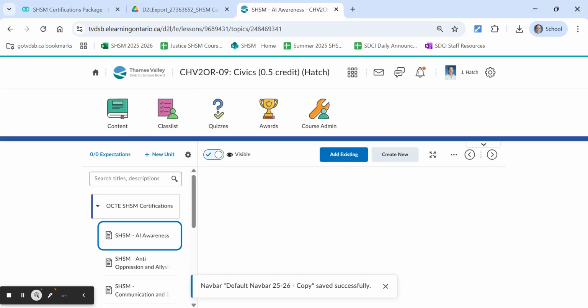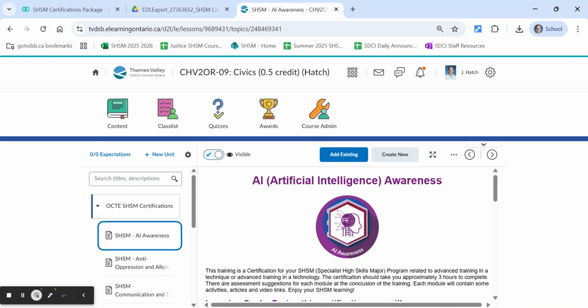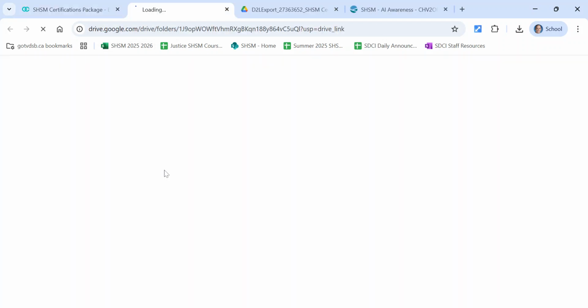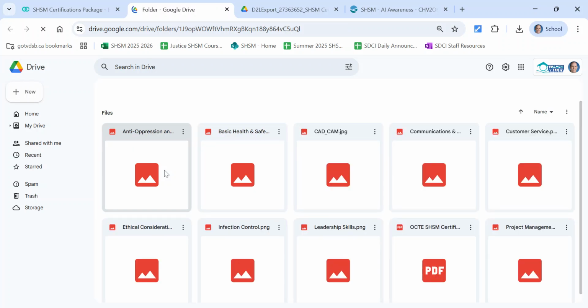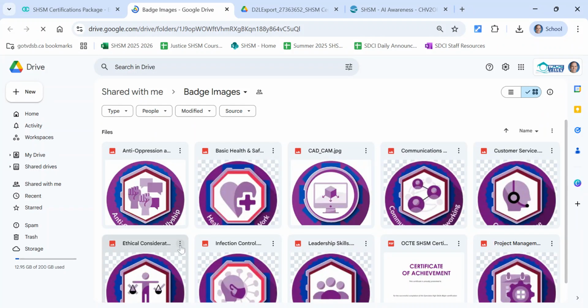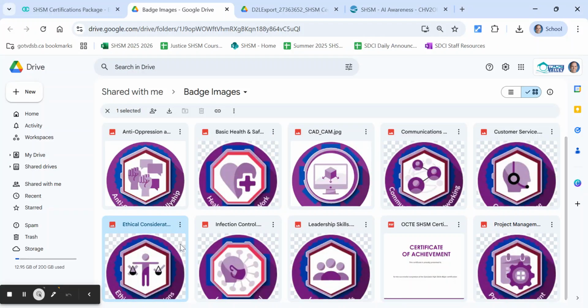In order to award and track certifications easily, you will need to make sure that you first add the awards and certificates to your course. These have been pre-made but need to be added to the course. Before you create the awards and certificates, you will go back to the OCTE website where you downloaded the Brightspace zip package to access the OCTE Google folder and download all the images and certificates in the folder to your local device. For this tutorial, I will download one of the images, in this case, Ethical Considerations,